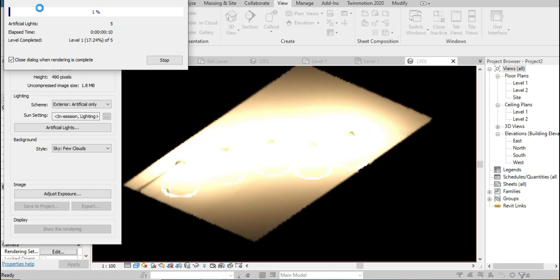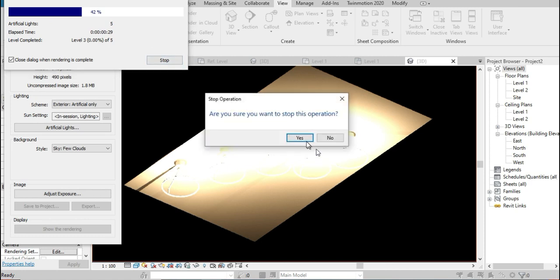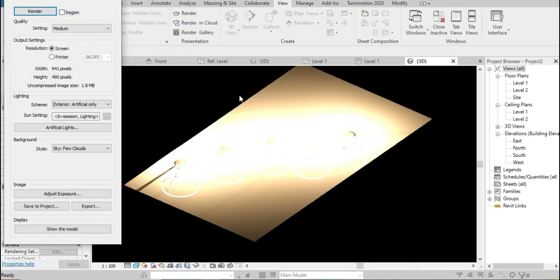Yeah, it's working but has too much brightness. So we'll change the light source effect. We'll change the initial intensity value, so then it will work properly.